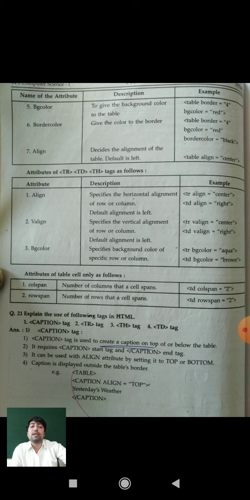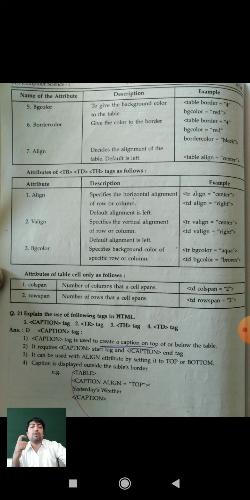Many examiners will see what knowledge you gain in your curriculum, so it is very important to know about all the tags and all the attributes. I have discussed all the attributes and their explanation. The detailed explanation is available in the book, which we will read step by step. We have already seen the caption tag in the table caption. You already know it from watching my last video.